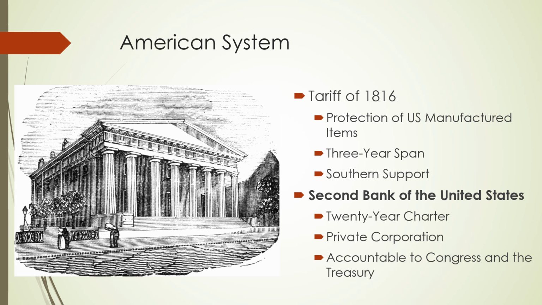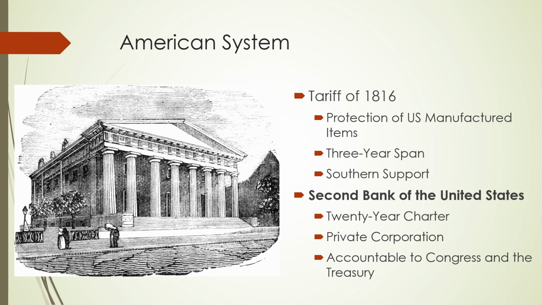One thing to note about the Second Bank of the United States, or the Second National Bank: these national banks are private corporations. They're not part of the U.S. government the way something like the Senate or the House of Representatives or the Supreme Court is. This is a private business for the purpose of doing business with the United States. The United States will borrow money from the bank, pay money back to the bank, etc.